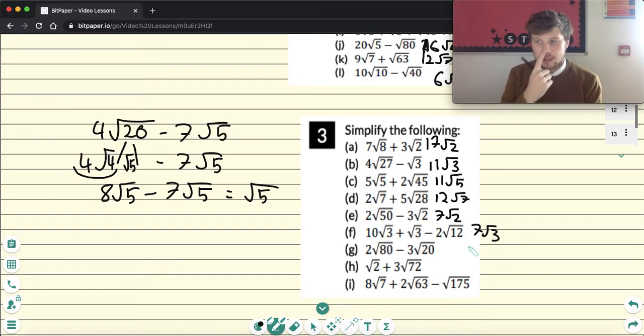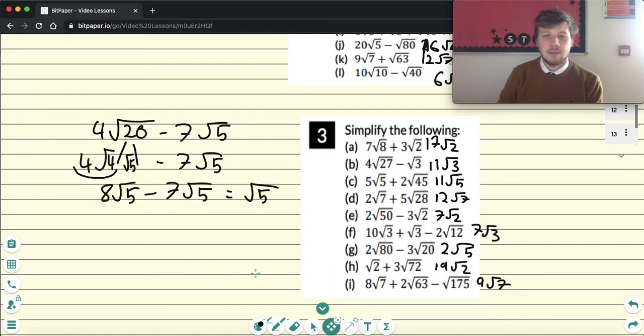So I'm just going to go through the answers: 7 root 3, 2 root 5, and 19 root 2, and lastly 9 root 7. So I'd like you to check all of them, make sure you've got them right, and